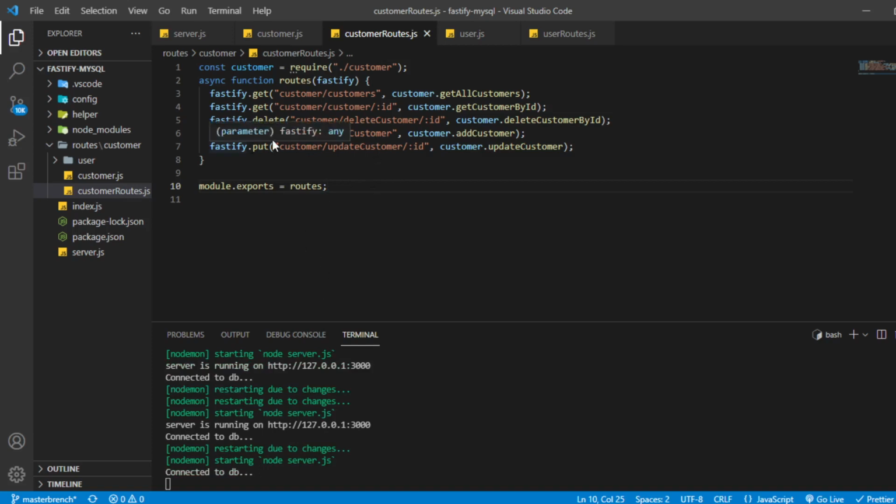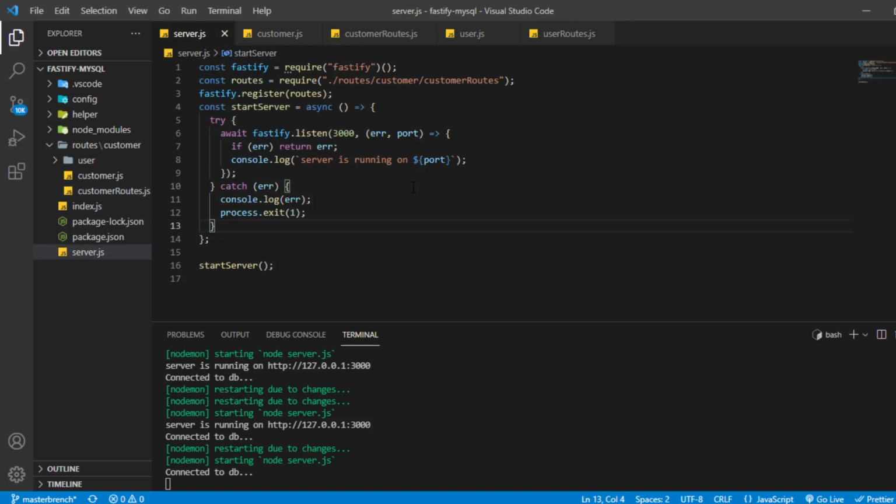Okay, so now we can test our endpoint. Before testing, we have to do one more thing here. We are importing the customer route from the customer route file.